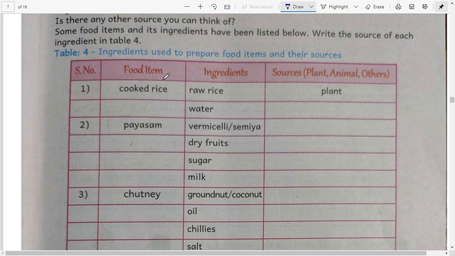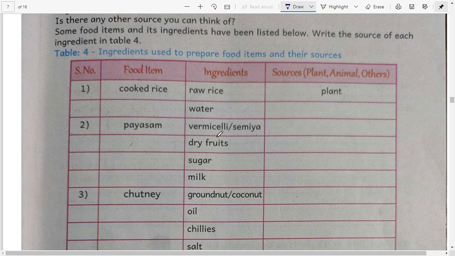If we make cooked rice or payasam or chutney, what are the ingredients required to make this food, and from which source is each ingredient available? For example, cooked rice. What are the ingredients required? Raw rice and water. Raw rice is available from plants, and water is another source we can write.